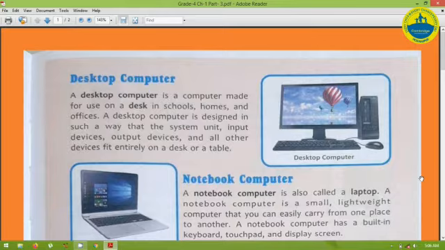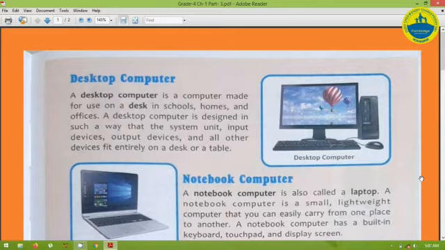These are the computers which we usually see or which we usually use in our day-to-day life, maybe at our school, maybe at our homes, maybe in our offices. They are very useful for us as well.